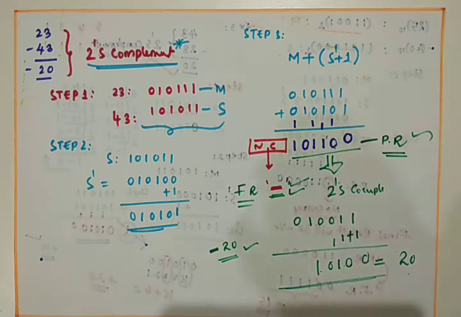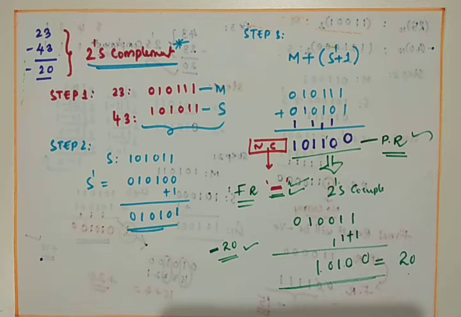First we have to convert the given data into the binary form, and we should see that the minuend and the subtrahend must be with an equal number of digits. This is step 1. Step 2, if it is 1's complement, we have to perform the 1's complement on the subtrahend by keeping the minuend as it is. And if it is 2's complement, we have to perform the 2's complement over the subtrahend. 2's complement is nothing but 1's complement plus 1.